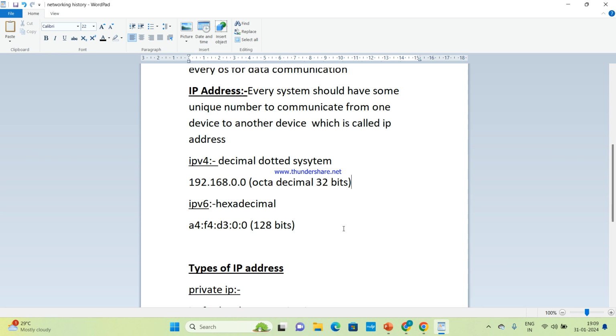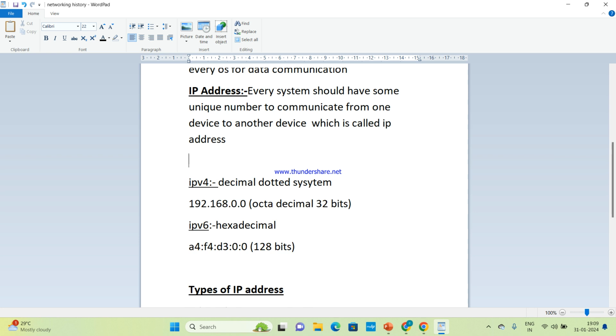In phones, to communicate with each other, we need a number, right? In laptops or computers, it is known as an IP address. To communicate from one system to another system, we need one unique number that is known as an IP address.